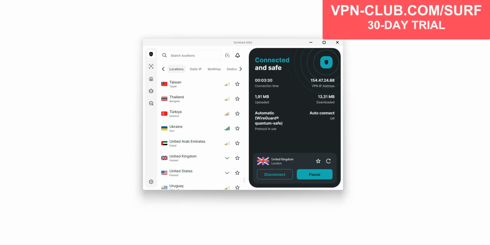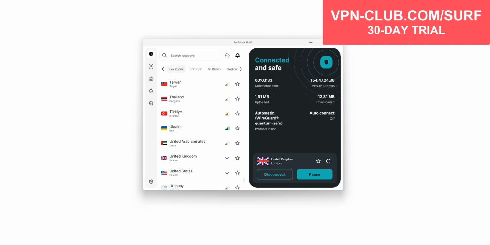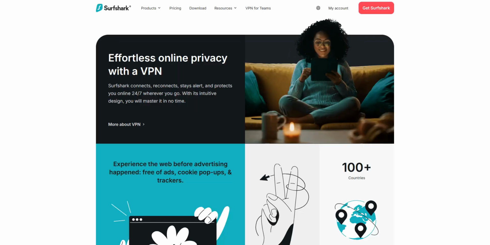So, you might be wondering why choose Surfshark and not another VPN. Surfshark is currently one of the very best VPNs available on the market. It has more than 4,500 servers in 100 countries, giving you many locations to choose from. It's a secure, reliable, and fast VPN, available on Windows, macOS, iOS, Android, and more. You can use it on an unlimited number of devices simultaneously. This is something very few providers offer. There are no speed limits, no bandwidth limits, a strict no-logs policy, military-grade encryption, and many additional features. It's very effective for bypassing restrictions, browsing and downloading privately, and improving the security of your internet connection, among other